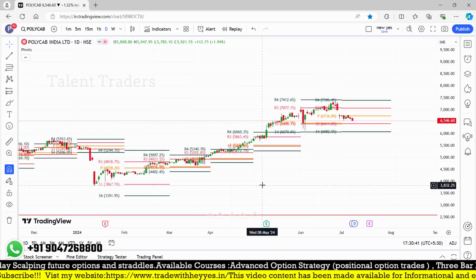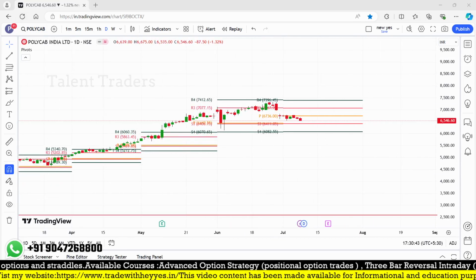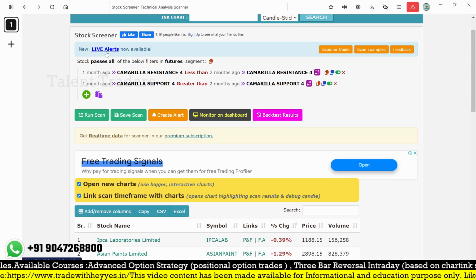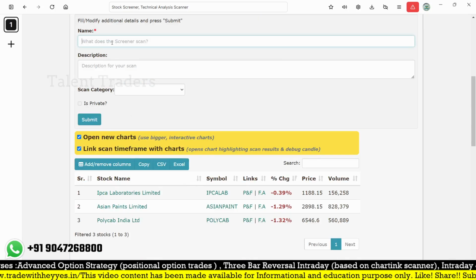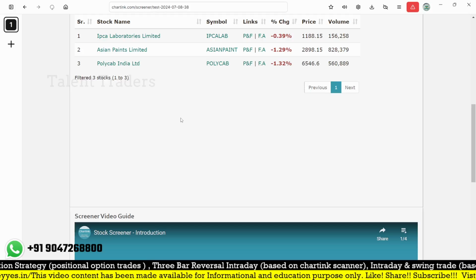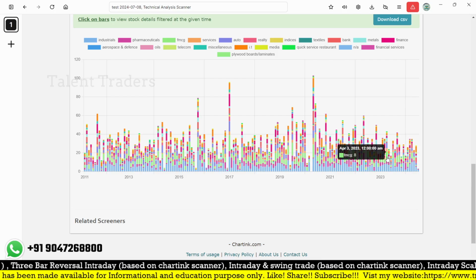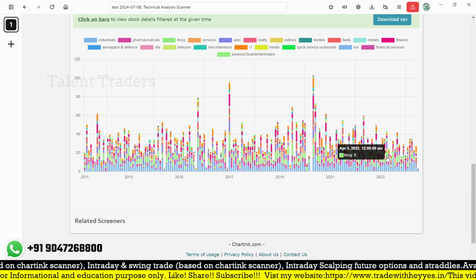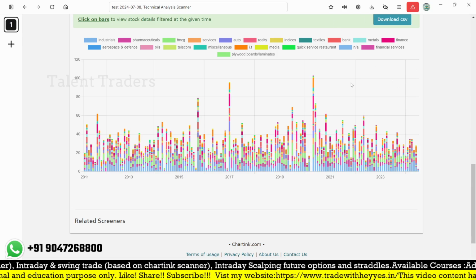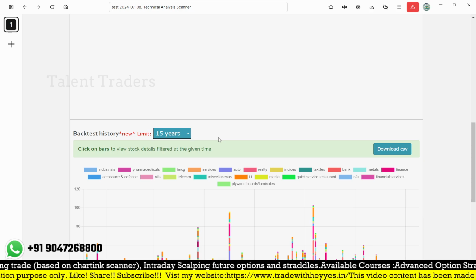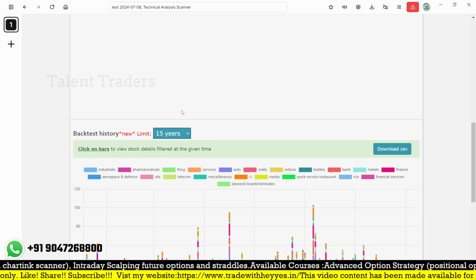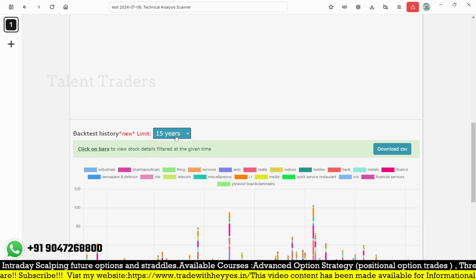So what I'm exactly looking for, this will find many stocks. If I save the scan, let me backtest. So I saved the scan to see the backtest. You'll be getting a lot of stocks on a monthly basis. If you are trading, it is not good for a positional one, and also we don't have the capital to do that in equity. Because it's a monthly scanner, it is giving you almost 15 years of backtest